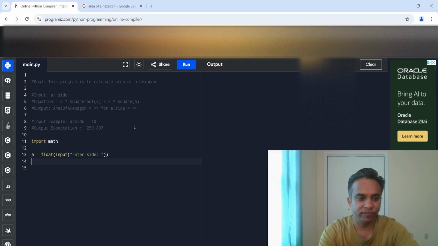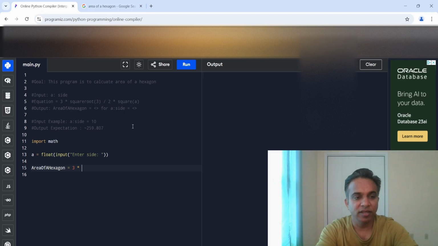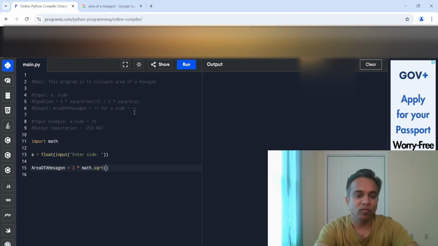So we have area of a hexagon equal to, first is 3 multiplied by, because we want to identify the square root. So for that, math.sqrt, that is the function. Whatever we provide inside, it identifies the square root of it. So here it is 3. We have to divide by 2 and we have to